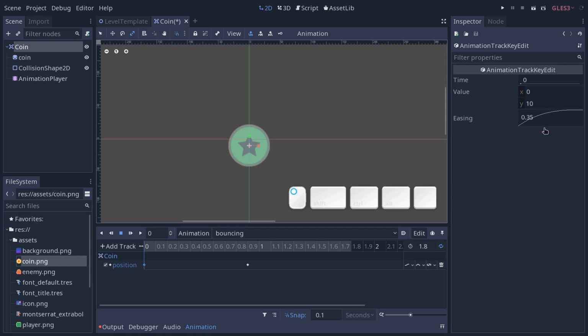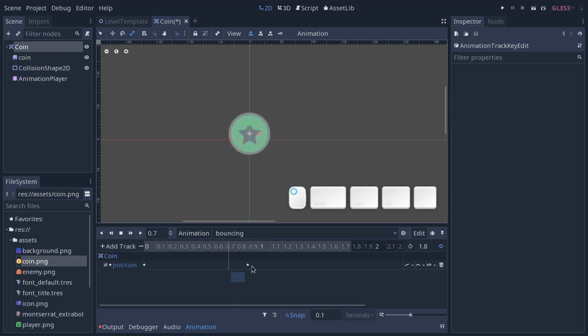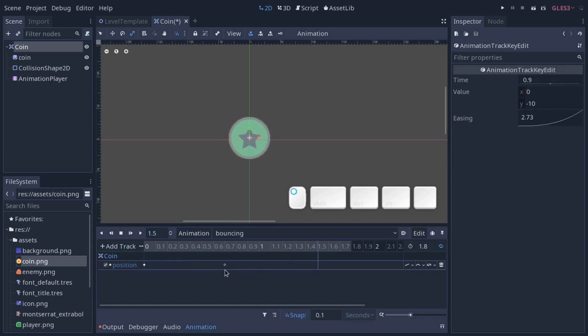So pull the curve to the left and press Shift D to see how the coin now moves. You can see it gets some kind of impulse now moving up, and it doesn't really get it moving back down. So we can select the second keyframe and click and drag the curve to the right so that the coin is going to bounce, it's going to go up and then slowly fall down and bounce back up as the animation restarts. It's a little slow maybe at the moment, so you can click and drag the middle keyframe